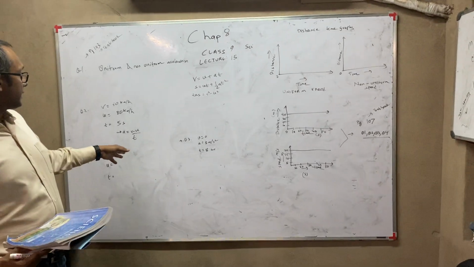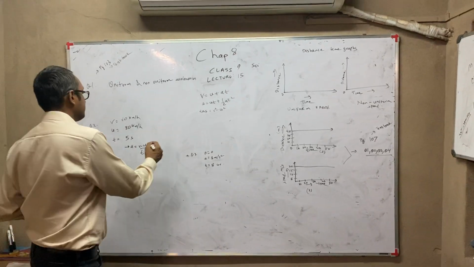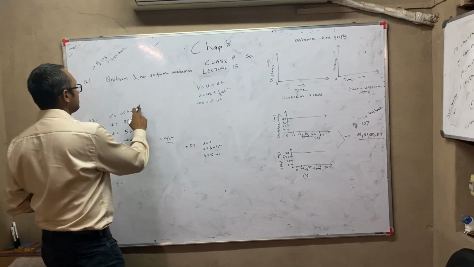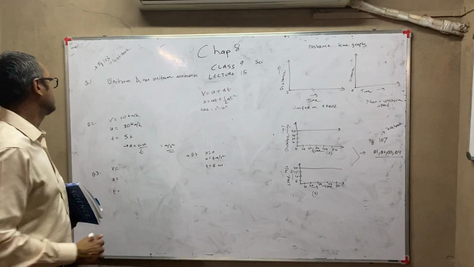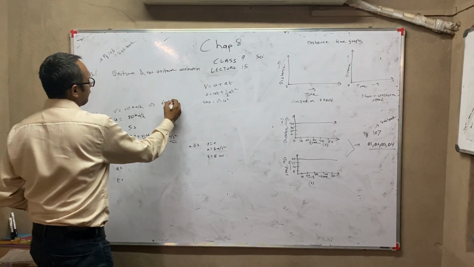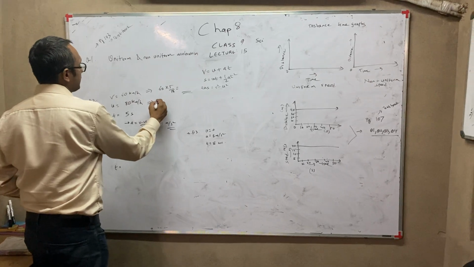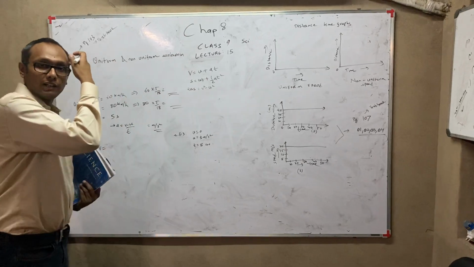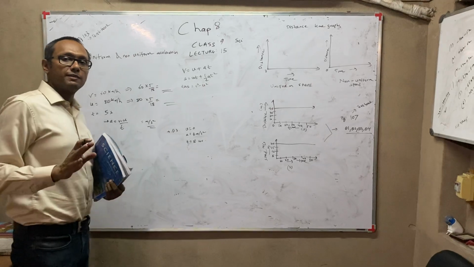But can we use the formula directly? No, we can't. Because if you remember, the unit of our acceleration is meter per second square. So we have to convert this into meter per second and this also into meter per second. Then only we can use those values. And this, if you remember, I told you the other day, 60 into 5 upon 18. So whatever value you get, then you can use. Similarly, 80 into 5 upon 18. Here, when you divide it, you will realize that you will not get a perfect decimal. So up to 2 places of decimal is acceptable.